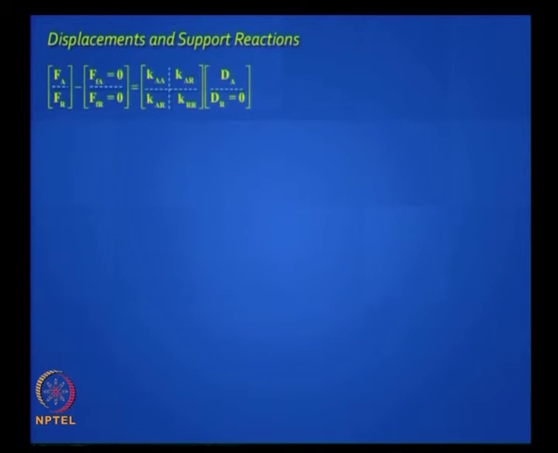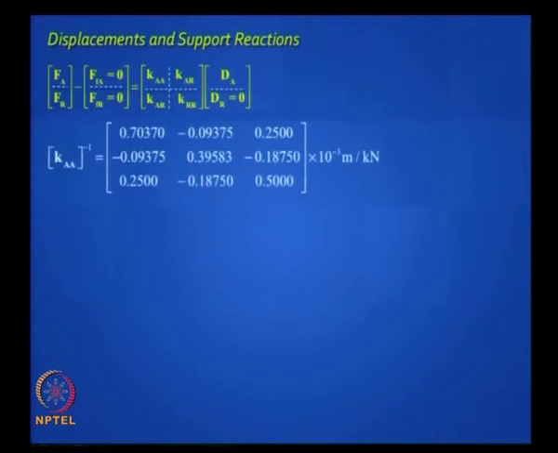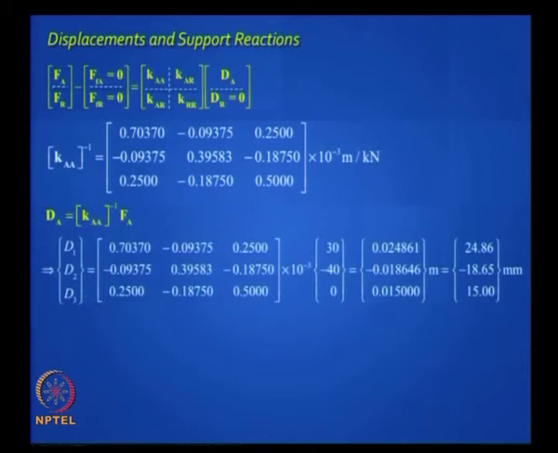Okay. So how do you do that in this particular problem? You have no fixed end forces, right? dr is 0, there is no support settlement, so it is a straightforward calculation. You can find the inverse of your 3 by 3 Ka matrix, and mind you the units will be meter per kilonewton now because it is a flexibility once you have inverted it. Then multiplied by the load vector you will get the answers. Those are your 3 displacements.